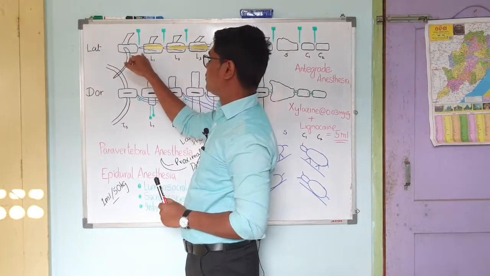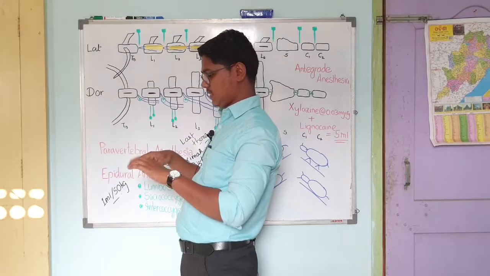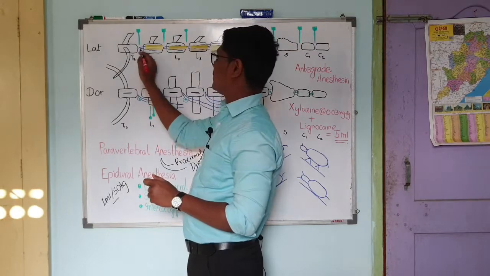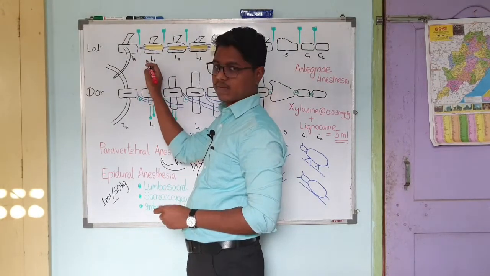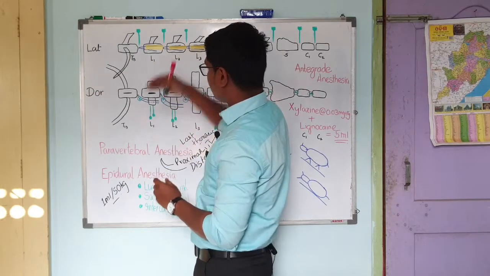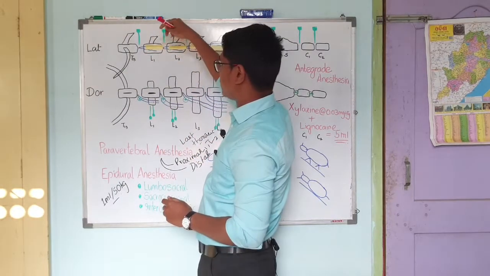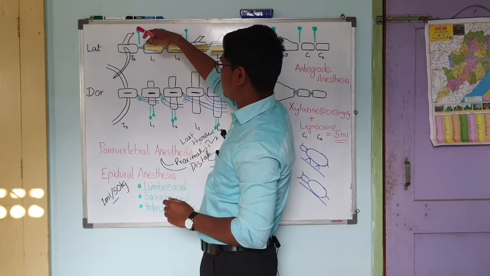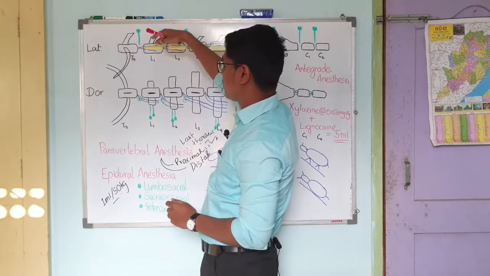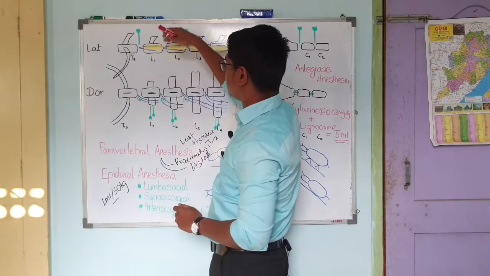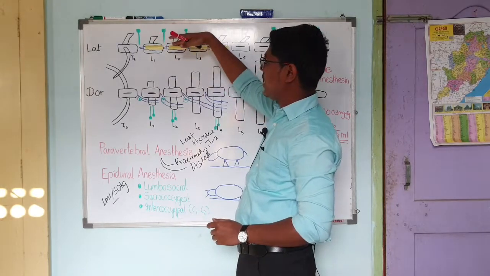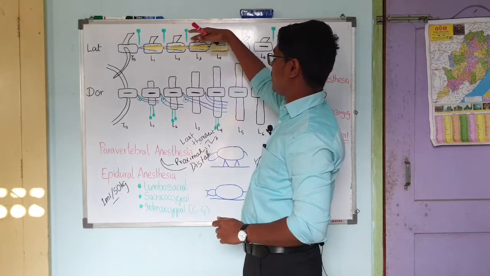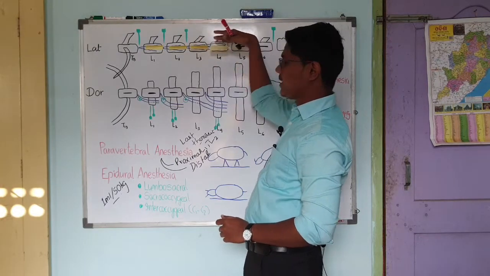Caudal to the T13 vertebra, there will be the T13 nerve. The T13 spinal nerve has two branches, a dorsal branch and a ventral branch. The dorsal branch goes above the transverse process, you see, above the transverse process of L1. Similarly, the L1 nerve will pass through L2, and the L2 nerve will pass through L3 and L4.